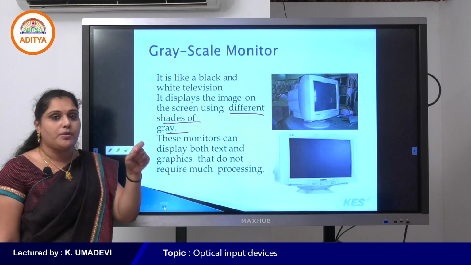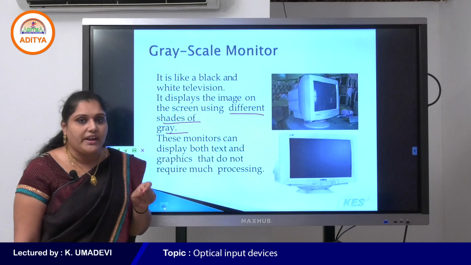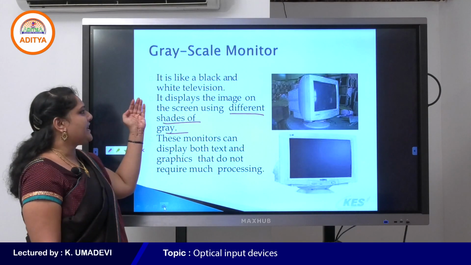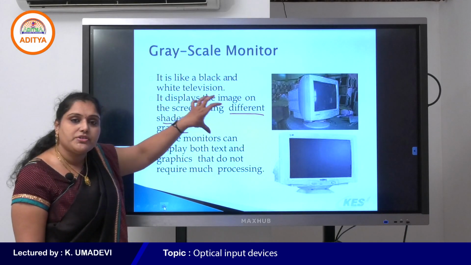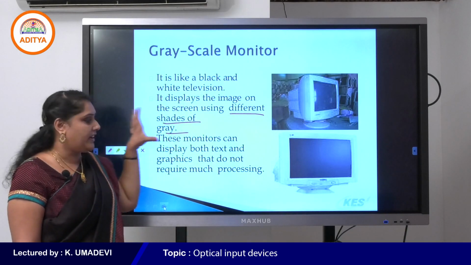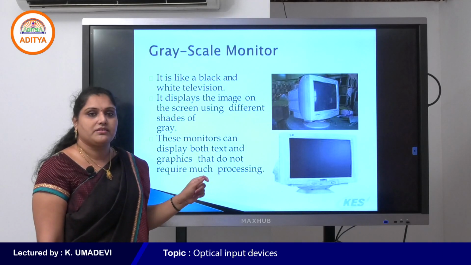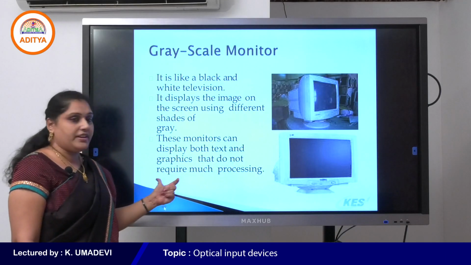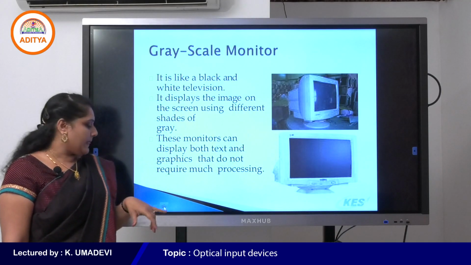Why? Because monochrome only displays either white or black, like a black and white television screen. So it is like a black and white television, but it displays the image using different shades of grey. These monitors display both text and images that do not require much processing.